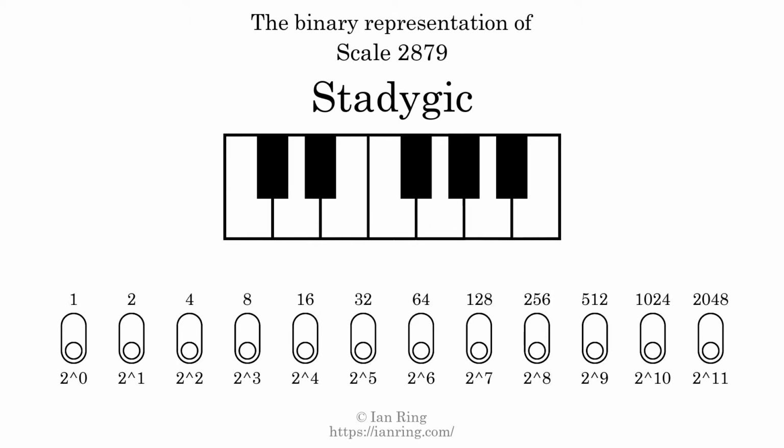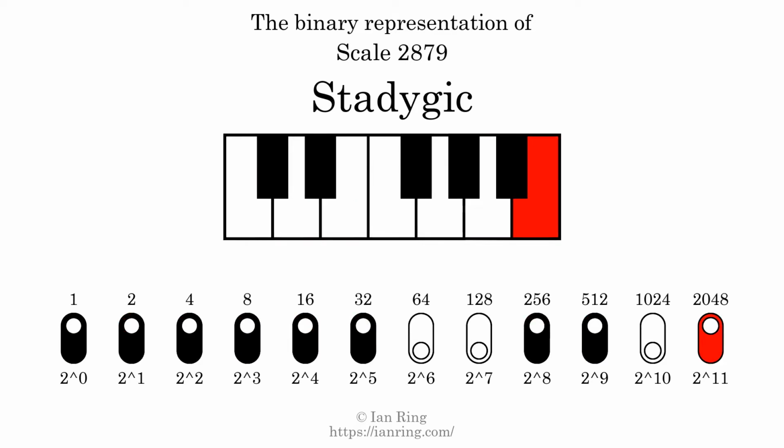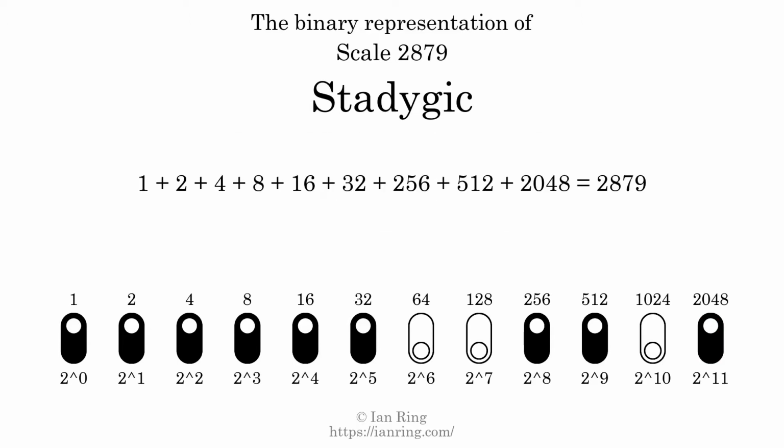The binary representation of this scale is determined by mapping tones of the scale to binary digits. Each binary digit represents a power of 2. To get the scale number, we add the powers of 2 together. The powers of 2 that are present in the scale, all added together, equals 2879. That is why the scale number, in decimal, is